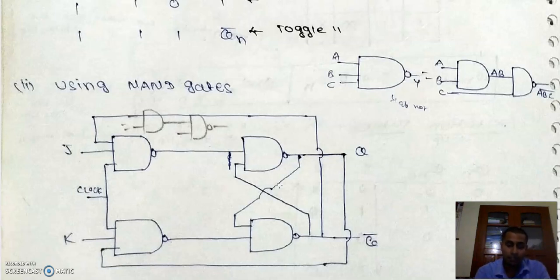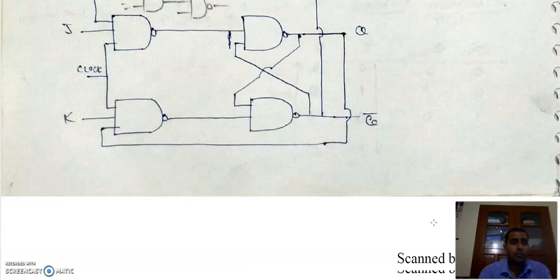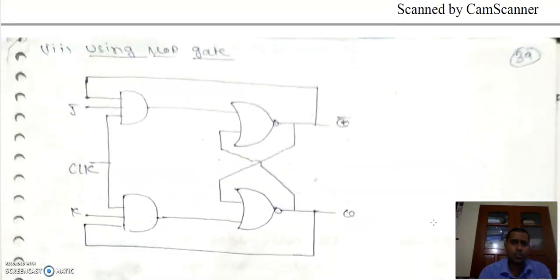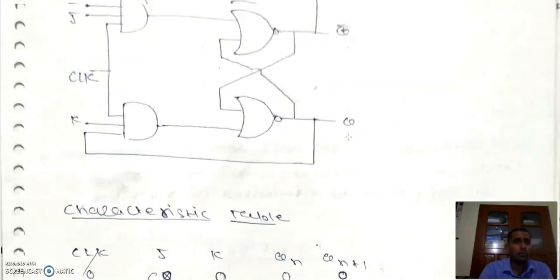First of all, we started from the SR latch using NAND gate, then NOR gate, then SR flip flop using NAND and NOR, both are the same. Next, JK flip flop using SR flip flop, JK flip flop using NAND gate. Now similarly you can make it with the help of NOR gate. Same situation, because here this is only the AND gate, so we will get 2 inputs. Instead of using the 2 input AND gate, we use the 3 input AND gate. And here this is the Q bar, we have seen in the previous section.